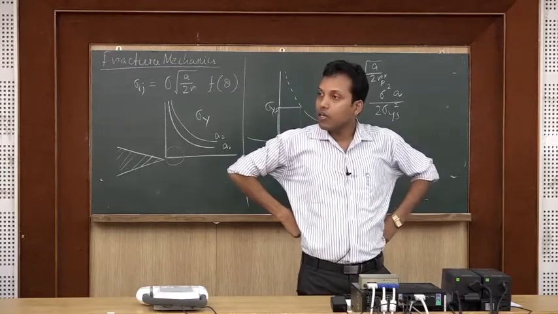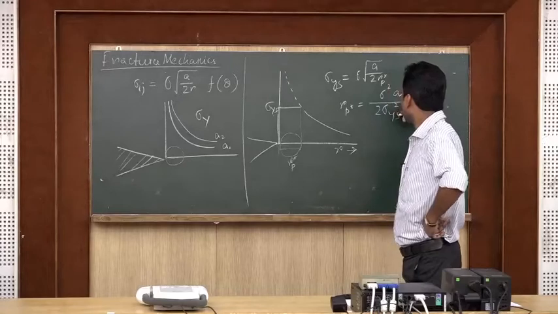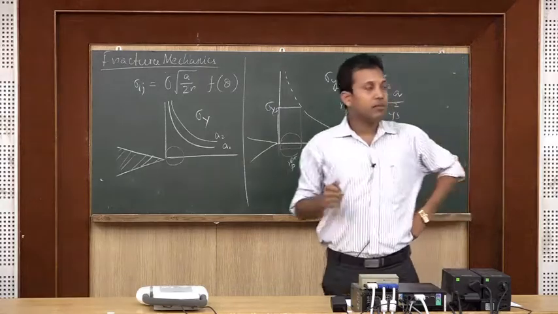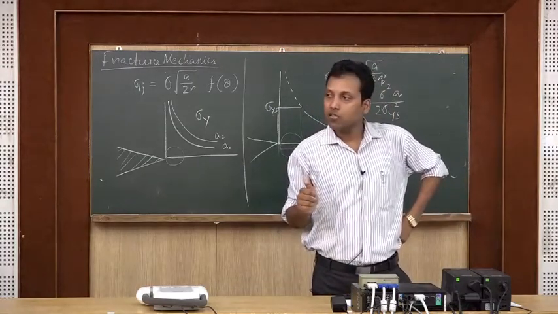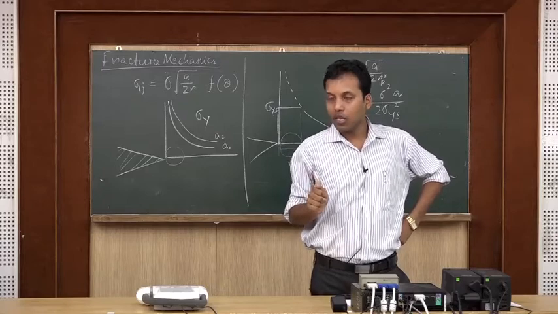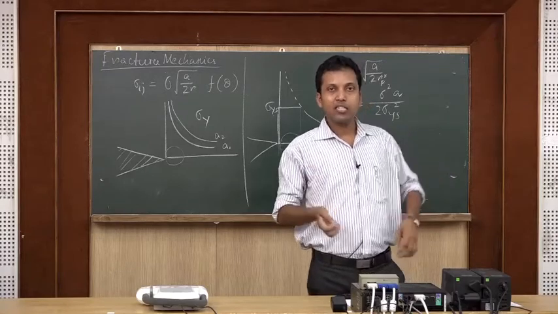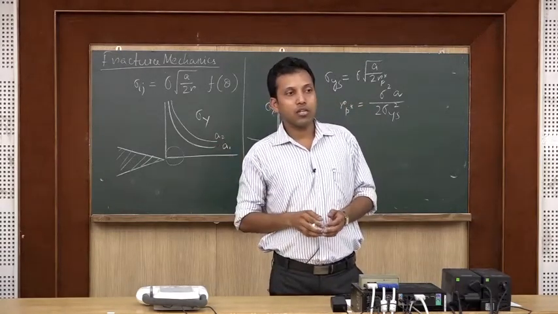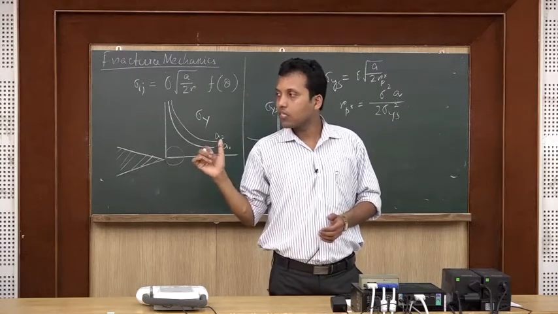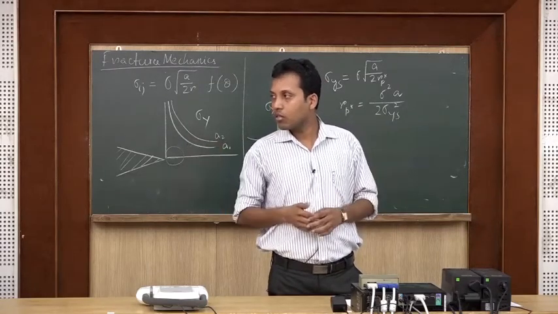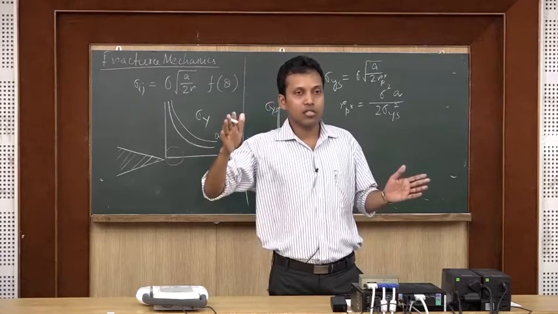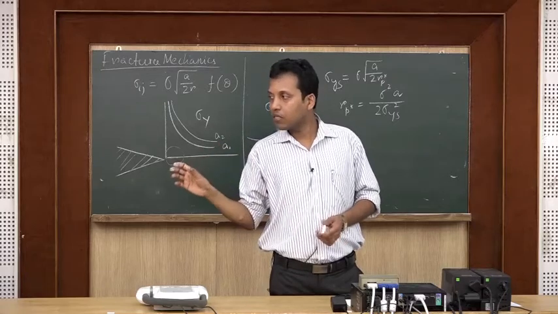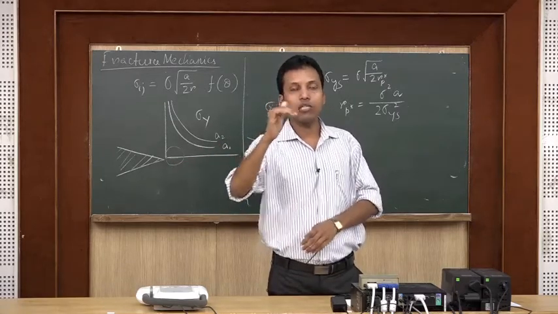Okay, so rp star can be written as sigma square a by 2 sigma y square. That may be treated as the plastic zone size. But in a material, as there is a plastic deformation, earlier also we have seen that plastic deformation we can theoretically assume, but the entire material is not accepting that deformation, because it is a rigid solid material. So, there will be some more extent of the material which is actually contributing to that load.